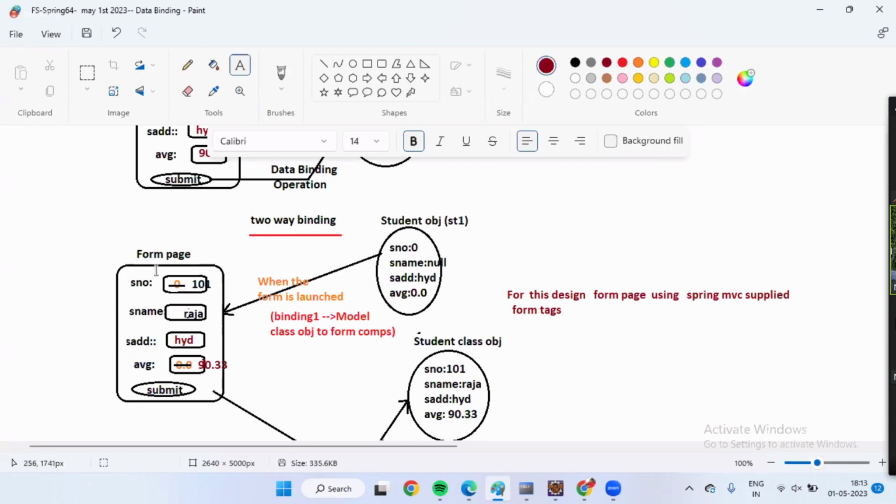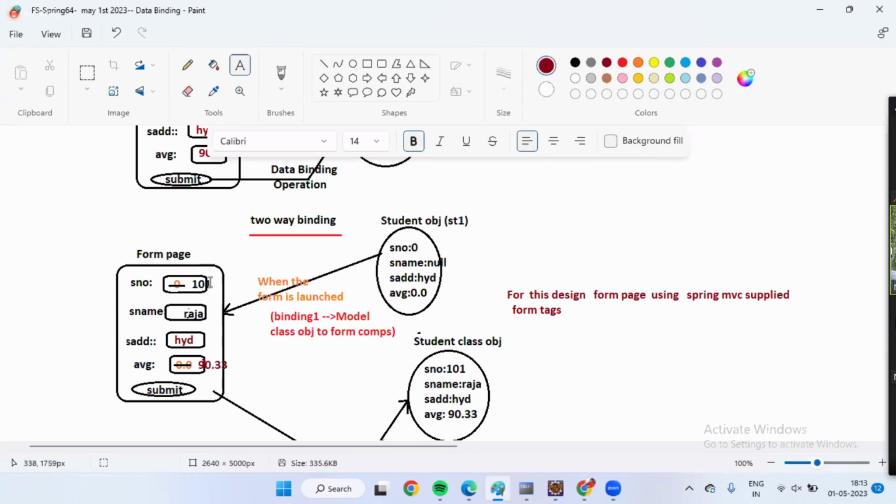On the launch of form page, SNO default value 0 will be there. Null means no value. Hyderabad. Default value 0.0. When form is submitted